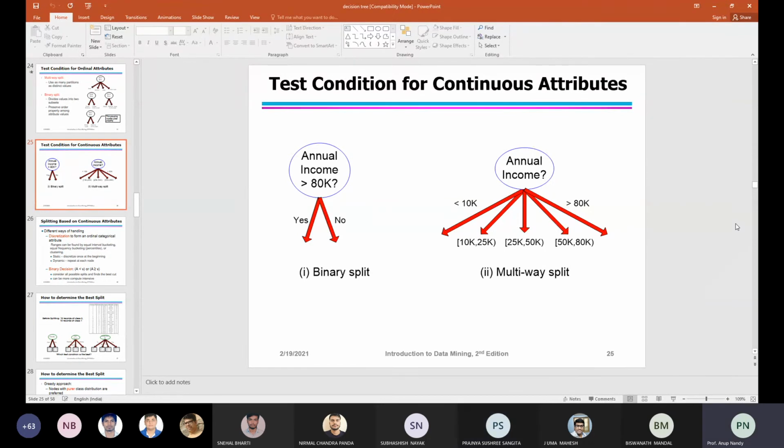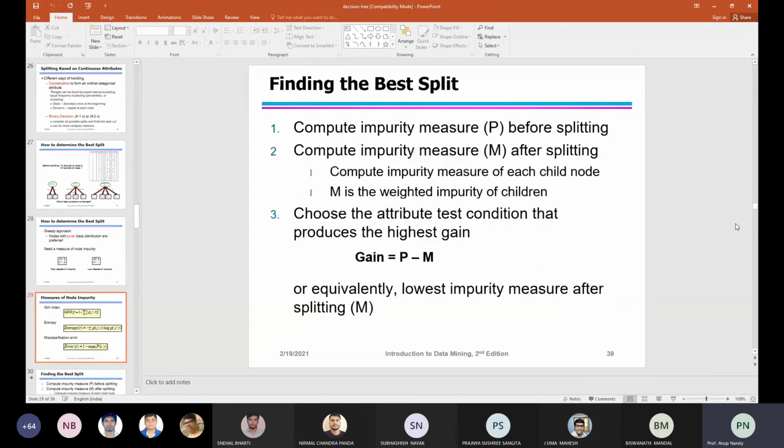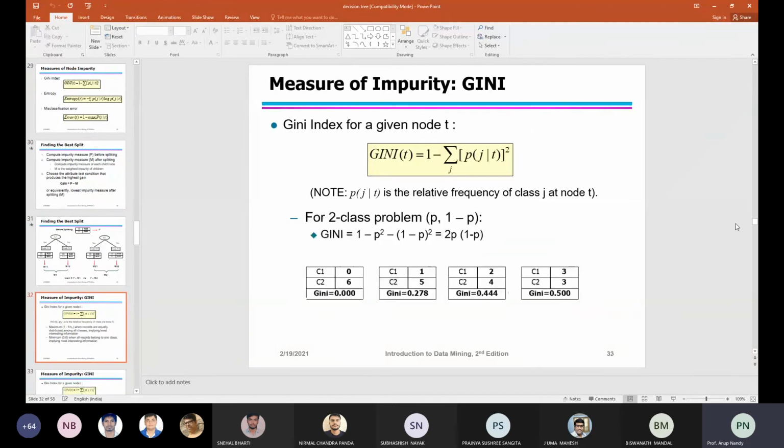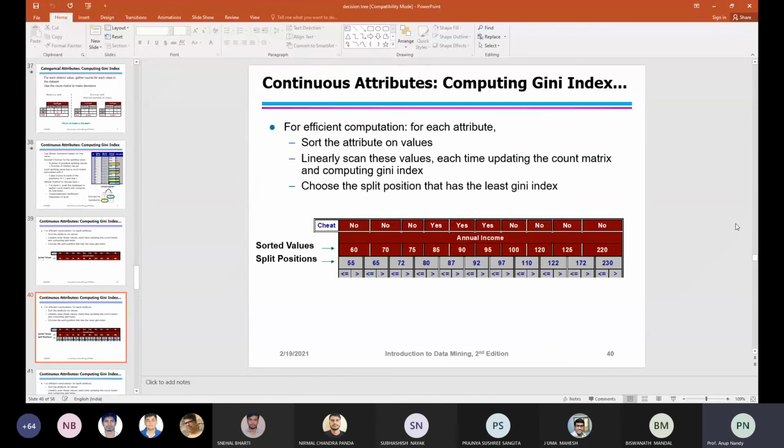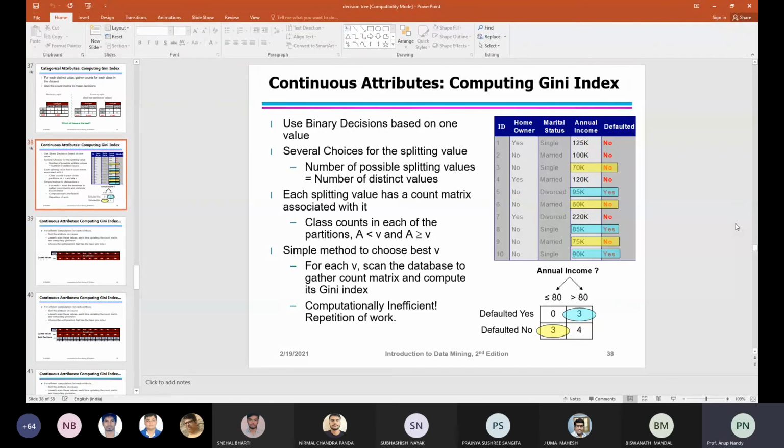Yes, sir. Okay, so that is why it is called this. Whenever you encounter this type of situation, how do you do it? That is why you have to choose the best split. So that's why we have taken annual income, because it is a continuous attribute, and this salary is varying.